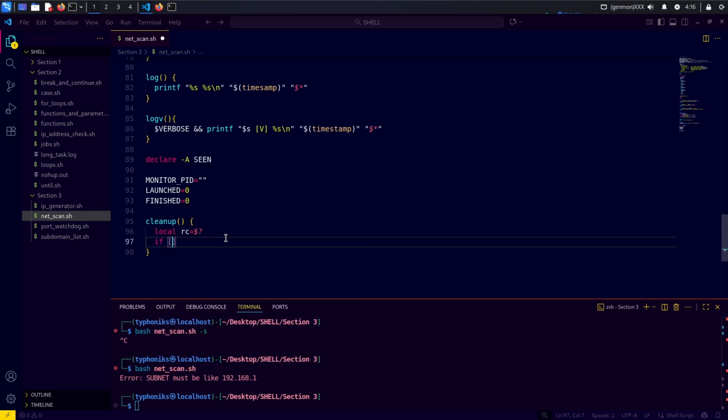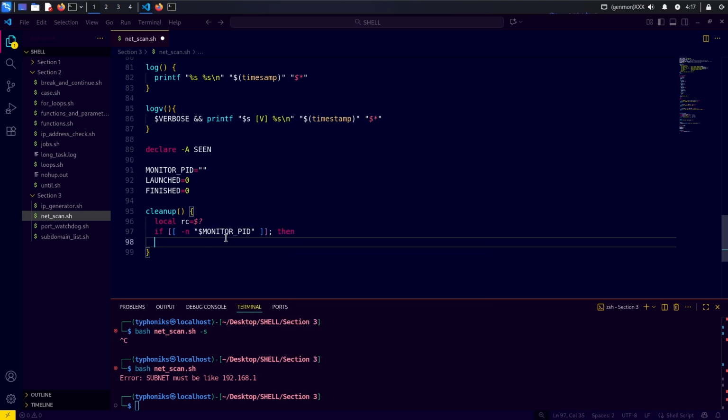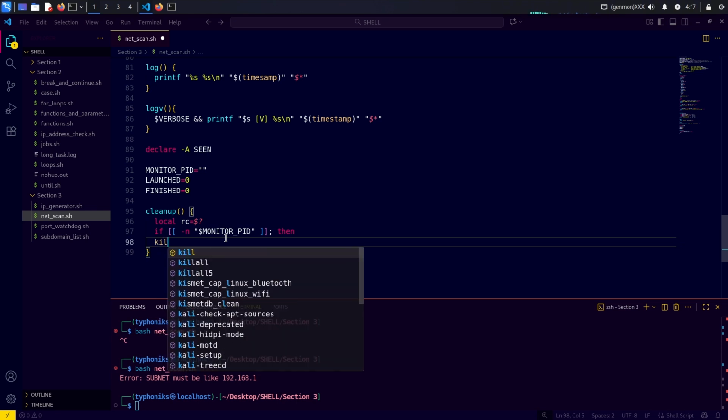If the monitor process ID has something in it, then here we are basically saying that if the ARP monitor is still running, we will terminate it